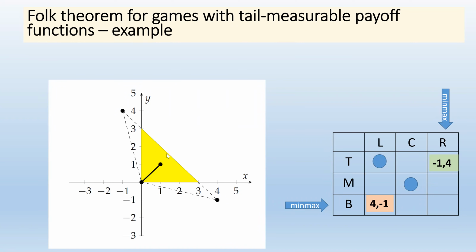But then let's go again for this point here. It's 1/2, 1/2, and it's very tempting because they get 1.5, 1.5, better than any other equilibrium, if we manage to get it. But how can you get it? You have to play this with probability 1/2 and this with probability 1/2. So you have a randomization device, fine. The randomization device tells you this is the realization, this is what you have to play. If you're player 2, then you have a profitable deviation. You just found out that you're about to get -1. You can get more.